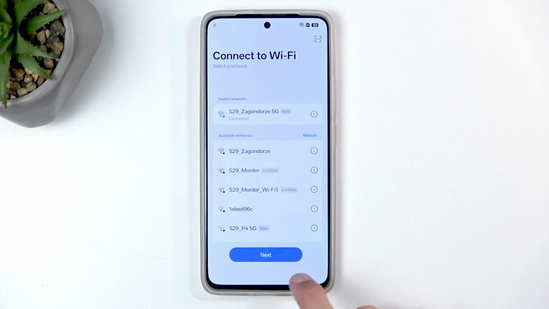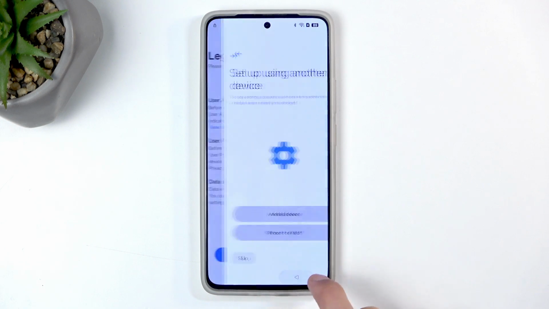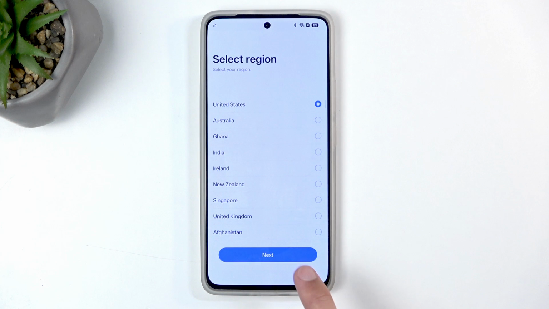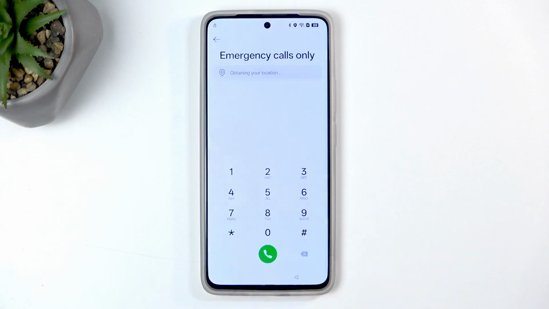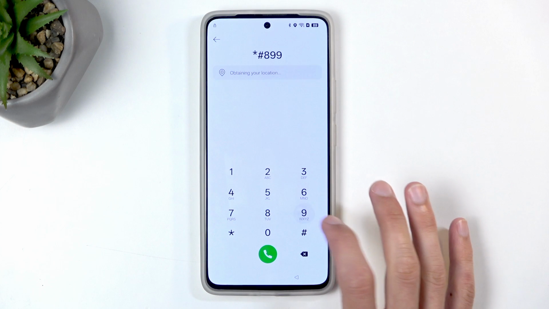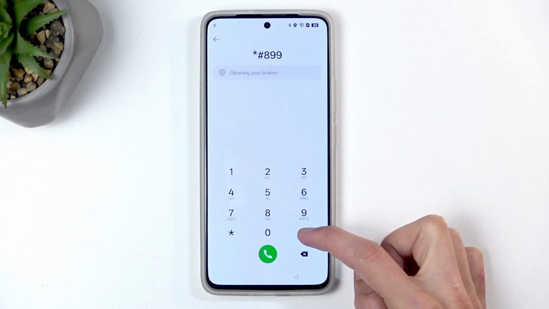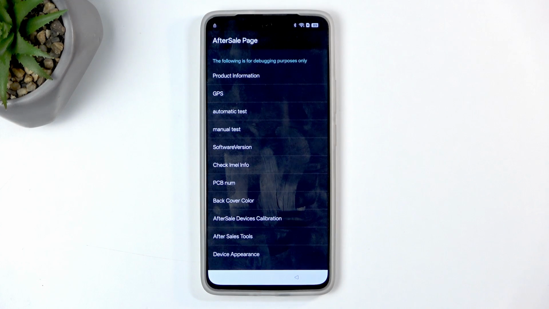And once you connect to your network, you can then back out or go back to the language selection page, select emergency call. And in here, you're going to type in *899, and when you press hash, it's going to take us to this weird mode. Now in here you want to select